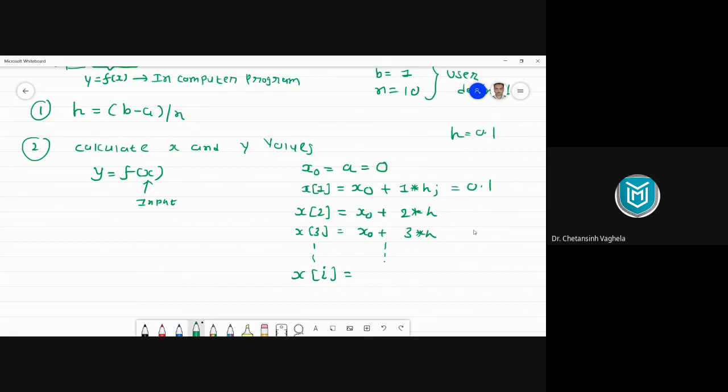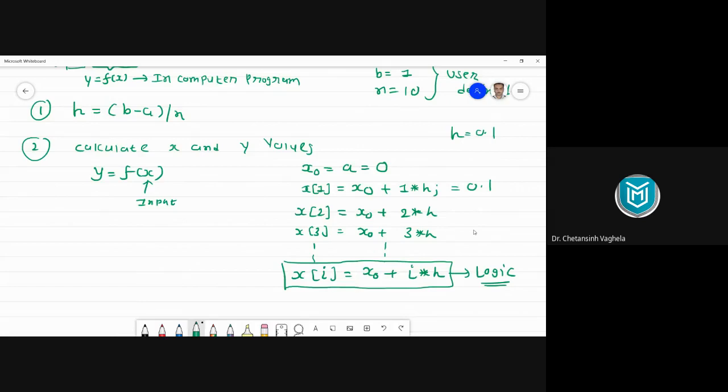Okay, Tilaun says xn equal to x0 plus nh. Yes, correct. You have given the formula for n, but I'll write it for i. So it will be xi is equal to x0 plus i into h. So this is the general formula for calculating or generating all the values of x. So this is the logic to generate the values of x.